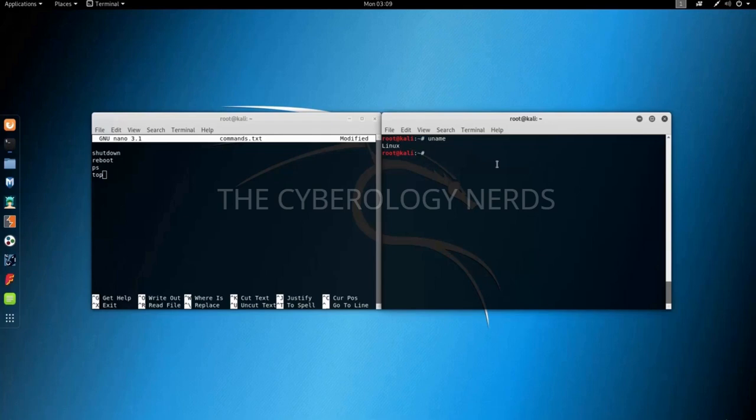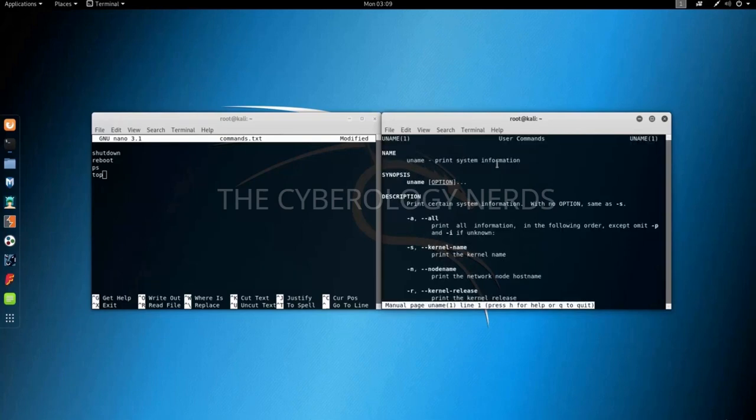So basically this will just give you the name of your operating system, which in our case is Linux, so it is just uname. Now in order to check all the options for this command, you can type man uname, and it will open up a manual for this command, and you can see things it is possible to do with this command. So for example, -r, which we used in order to install our headers before, if you remember,